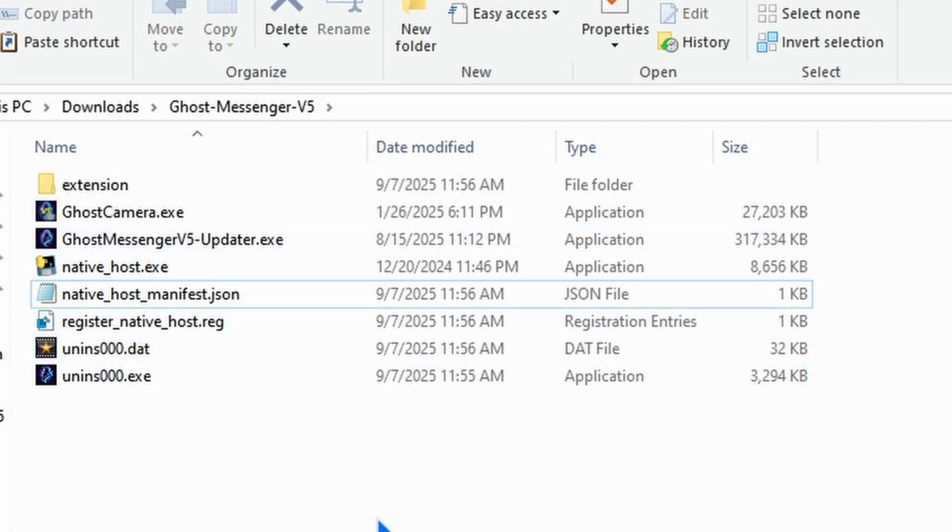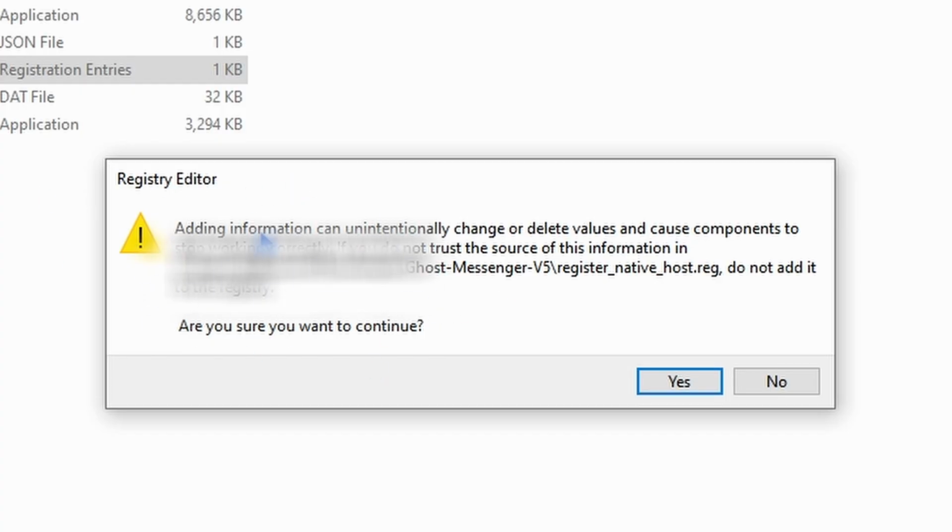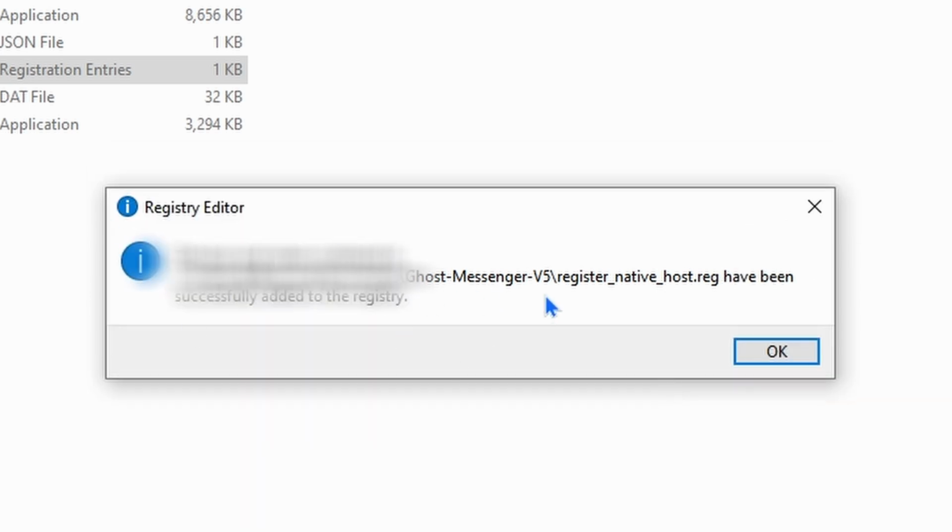Now, in the previous step, if you did not see a little pop-up window saying that the registry file was successfully imported, you want to find this register_native_host.reg file. Double click that and run it. It's going to say, do you want to allow this app to make changes to your device? Just hit yes. Then you'll see a little pop-up window asking you to confirm that you want to make modifications to the registry. Just go ahead and click on yes. Then it'll say that the keys and values were contained inside that path, so just go ahead and click